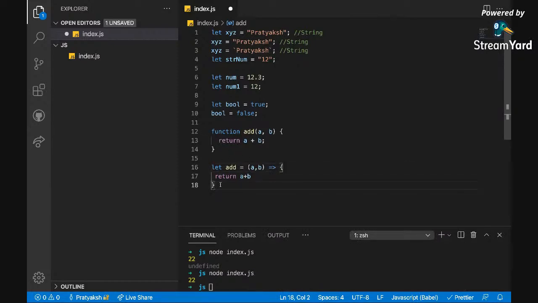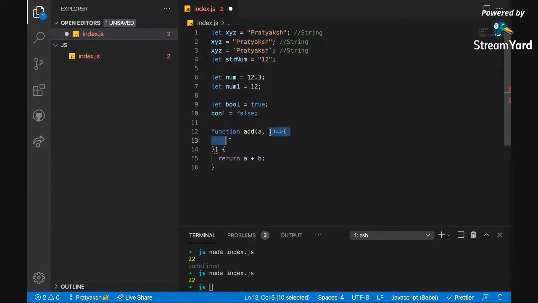But it's very popular among JavaScript programmers because it makes defining a function at the very spot easy. Let's say inside a function I want to define a function, very easy. I can just do this.